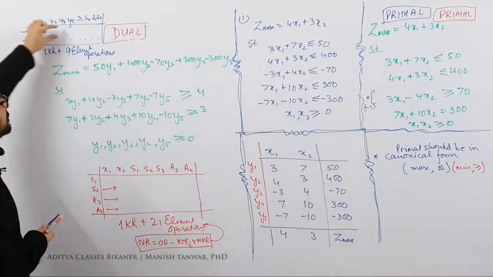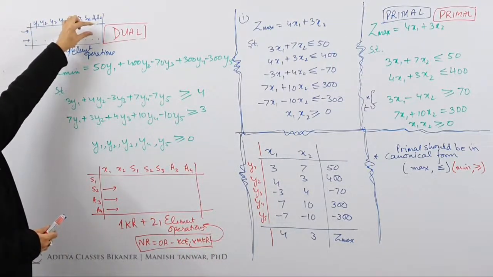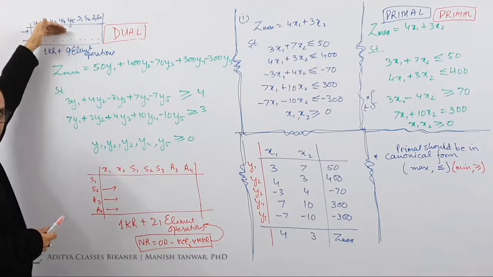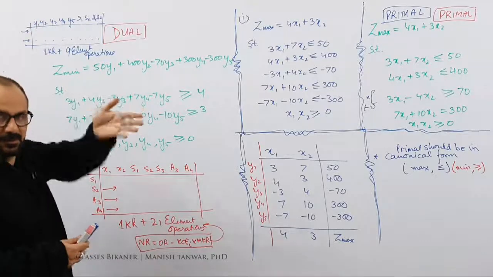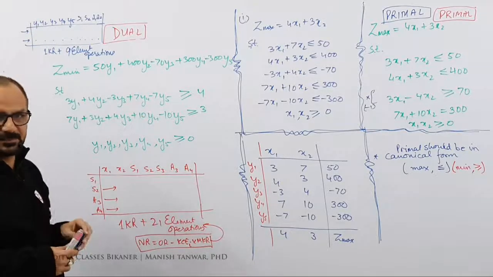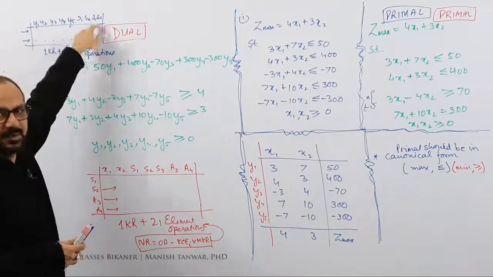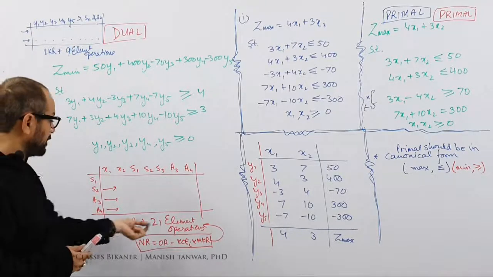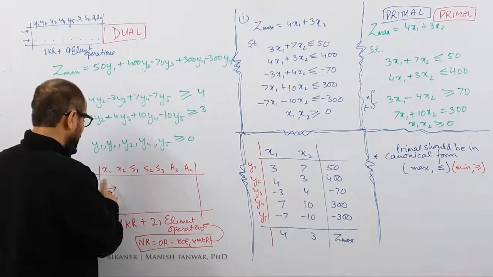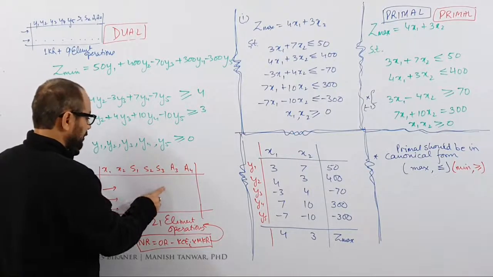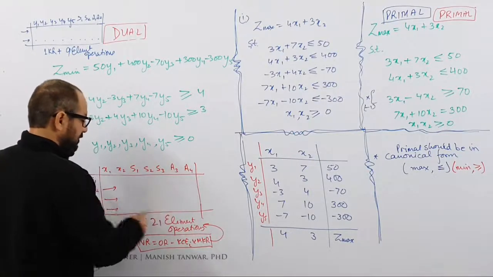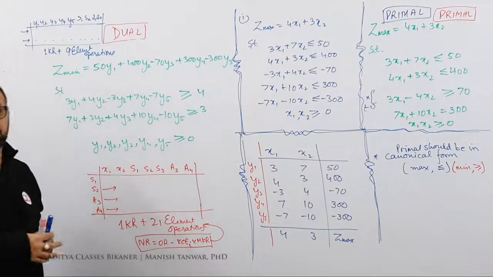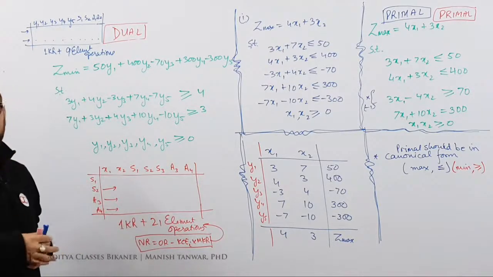Now it is 2 constraints and 5 variables. You can see 2 constraints are only 2 rows. Of these 2 rows, one will always be a key row. Key row operation is very straightforward. It is key row divided by key element in order to transform it to next table. So key row divided by key element, you move to next table. And then 9 element operations. But here you need 21 element operations. 1, 2, 3, 4, 5, 6, 7 in each row. 21 in all. This is for one table.